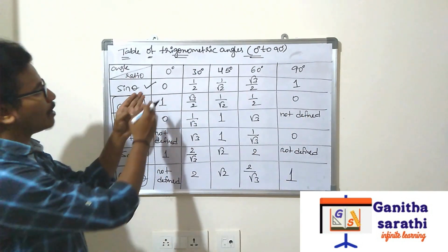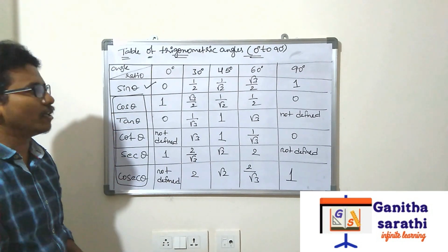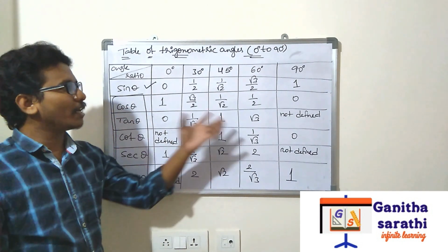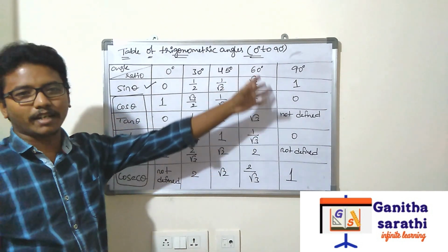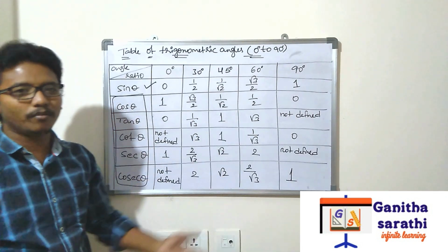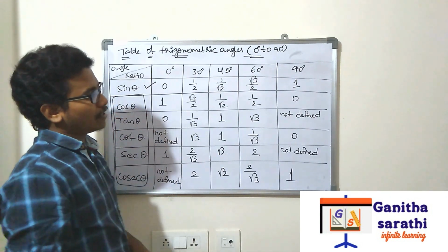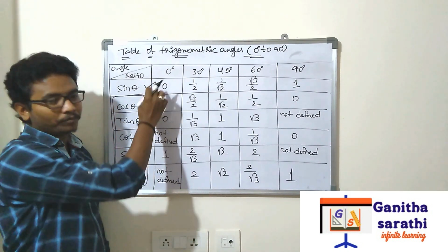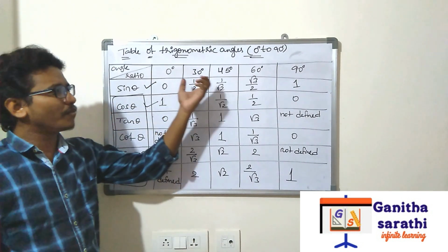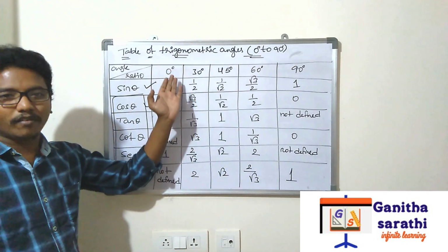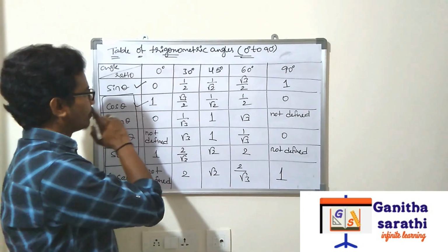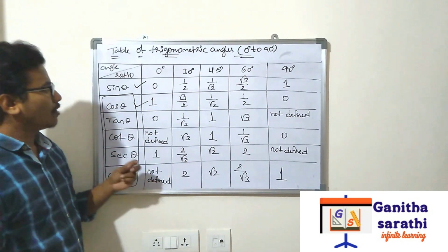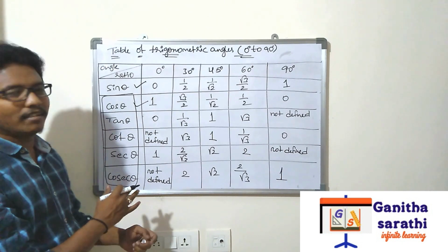Okay, just remember sine and cos. You can have the total table, but the table is not important. We should know each and every value, for example tan 60 will be root 3, like that you should be able to say. For that, you should be perfect in these two, sine and cos. Sine and cos remembrance is very easy. So if you remember sine and cos, it is very easy for tan.